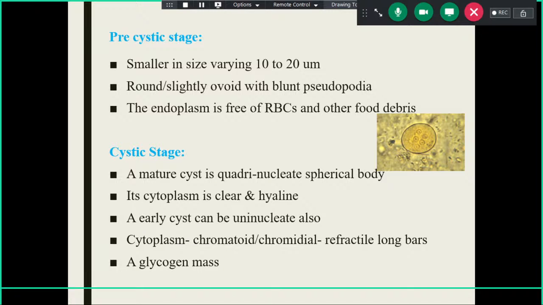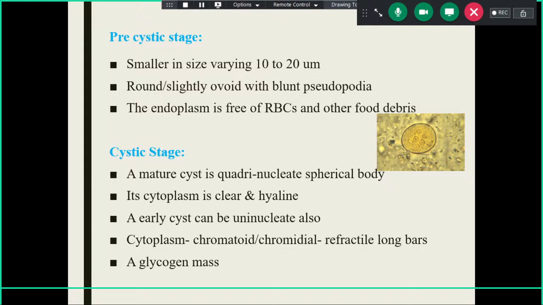See, these chromatoid bodies you can see in a wet mount in 40x, but these findings are in a freshly observed wet mount. Okay, so whichever stool you have been given, that is a preserved stool, that is we keep it formalin treated stool, so you may not see point to point all the morphological features, but a few, like glycogen mass, you will see the number of nuclei, you will see the shape is retained. Okay.